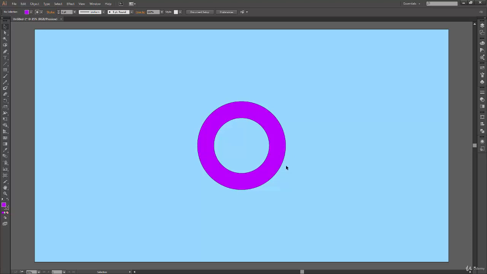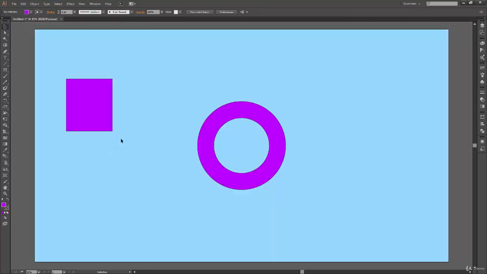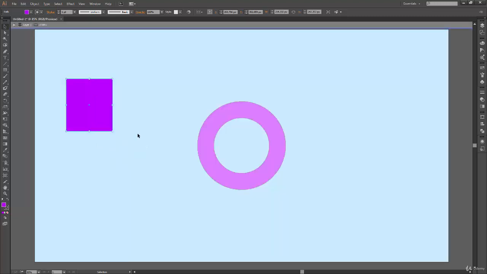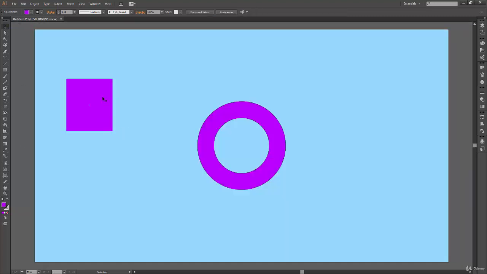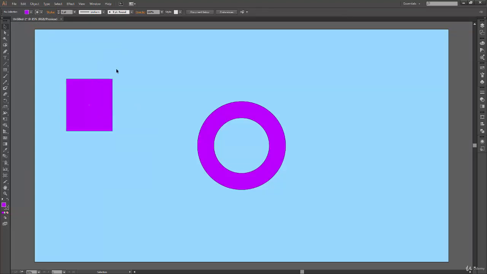So this is one of the uses of compound path. Now we can use it in a variety of ways, and we'll see today how we can use it. But the important property of a compound path is that you can double click on this path. After double clicking on any shape, you go into isolation mode. So yeah, it applies to any shape. Even if I draw a rectangle over here and double click on this rectangle, I go into isolation mode. Now I think we have covered it already, but we can also right click on the shape and choose Isolate Selected Path. When you click on this, the same thing happens. So either double click on the shape or right click on the shape and say Isolate Selected Path, and you will go into isolation mode.